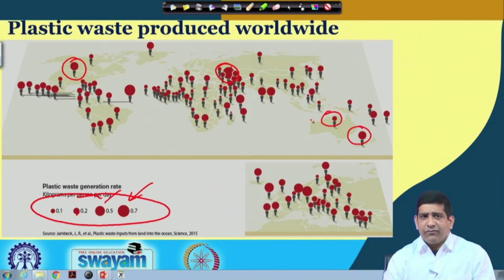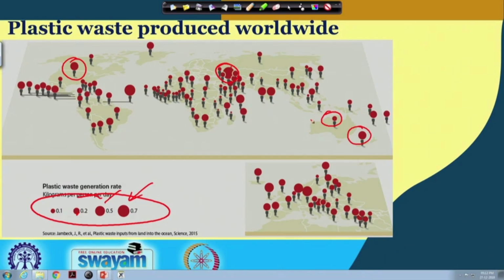So if they have around 50 lakh people, but they get a lot of tourists coming in there, when you do this per person per day, probably they're just dividing it by the population of New Zealand, not with the visitors coming to New Zealand. So that's the reason why you see a spike in those numbers. So that's why